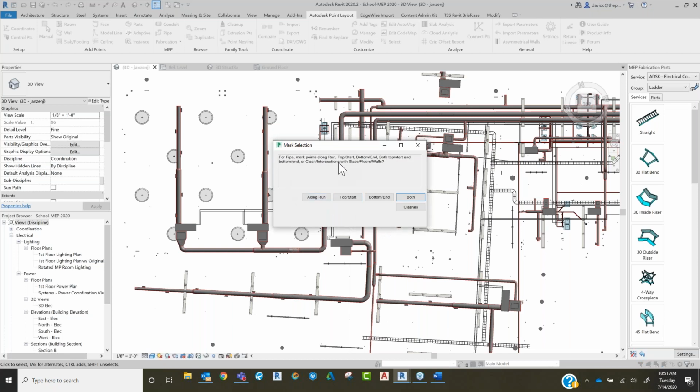And then where do you want these points to populate? Do you want it to go along the run, the top and start of the pipe, the bottom end, both? Do you want it where it clashes with anything else? I'm going to say along the run. We're going to use standard parameters, but you can also use custom descriptions or a parameter type to pull with this point description. I'm just going to go standard. And then do you want to append the diameter to the point description? So yes,